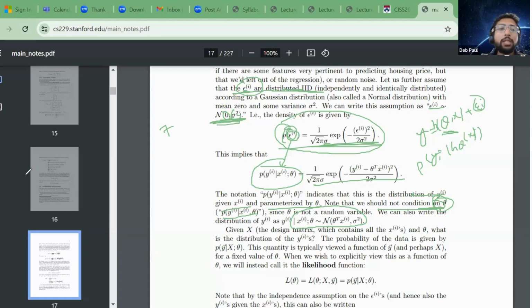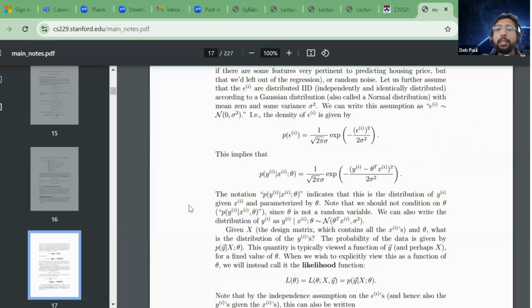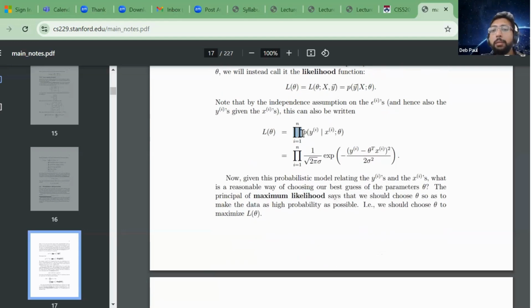So now what is there? If we go to this MLE estimate, this is my likelihood, and I have n data points. The likelihood would be a product because each of these is independent in nature. Because these are independent, my likelihood is a product. If the points are not independent, it is not a product. Only because it is independent, each of the probabilities is multiplicative in nature. Each of the points, the probability of y given x, is multiplicative. Again, see the assumption of IID coming in so handy. If this is not true, you can't model this.